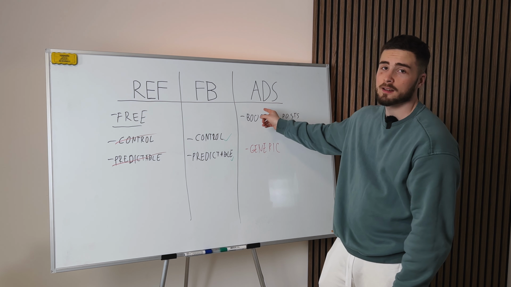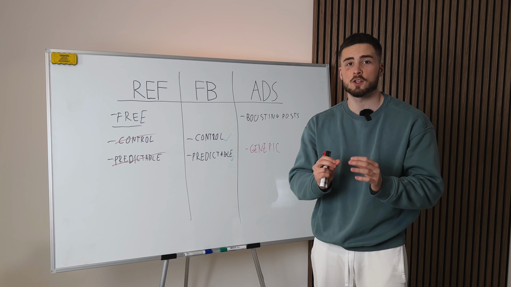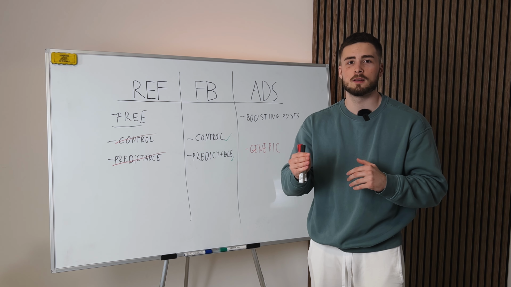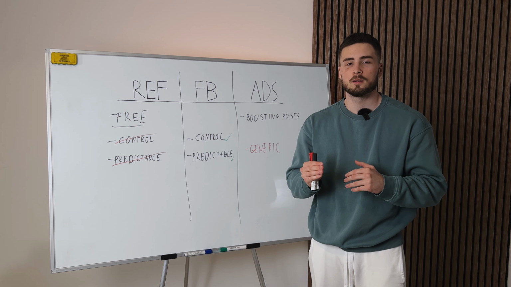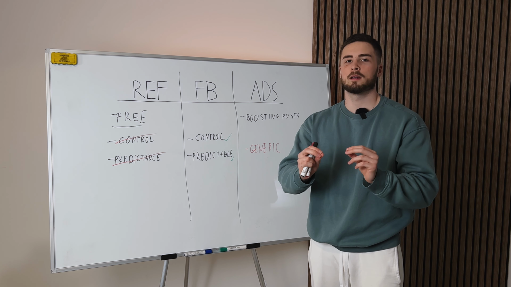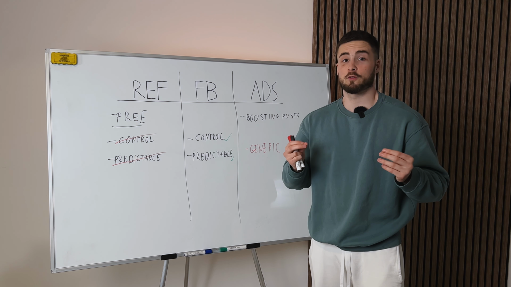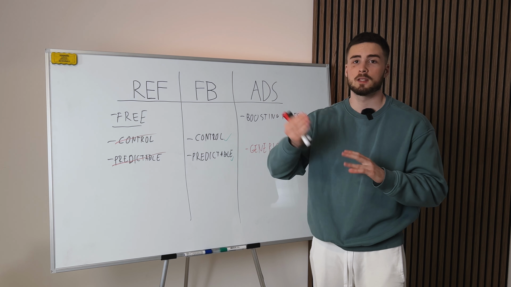Sure, it may take you 1 or 2 months to get used to it, to learn the ads, to get your offer dialed in, all that stuff. But once you get that dialed in, once you get that 5x ROAS and you're spending, I don't know, 500 to 1,000 on ads, you can literally just increase that 1,000 to 2,000 and you just get more students. It is that simple. You don't need to hire anyone. You don't need to spend more time. You just change one number and then the number of students you get in and the money you make goes up. Really that simple. But caveat here, you need a good offer.